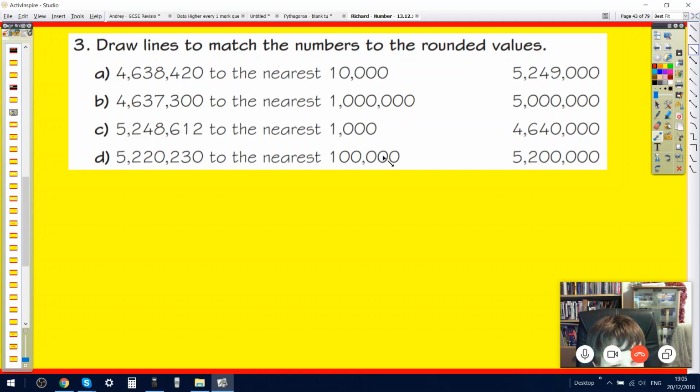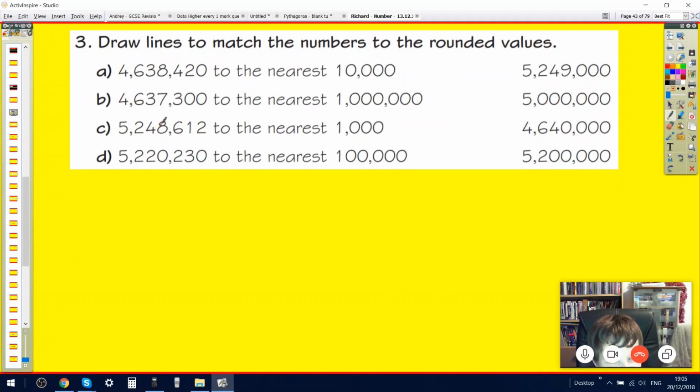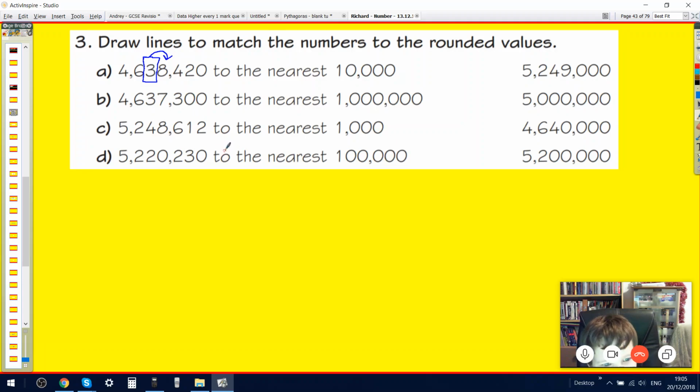And then you would draw a box around it. And then you would look at the number next to it, which is an 8. Because 8 is higher than 5, you would round that particular number up. So that number rounded to the nearest 10,000 is